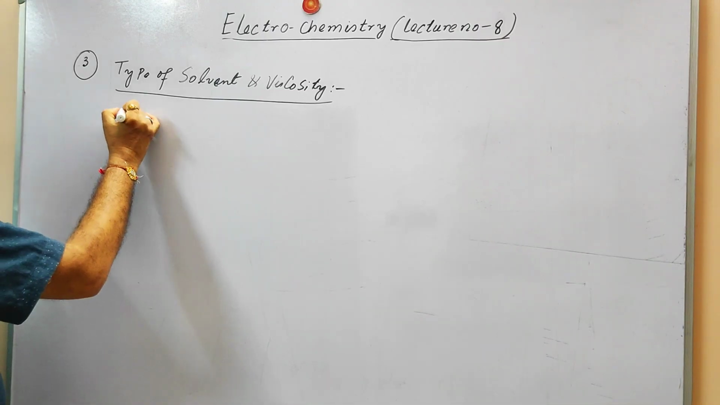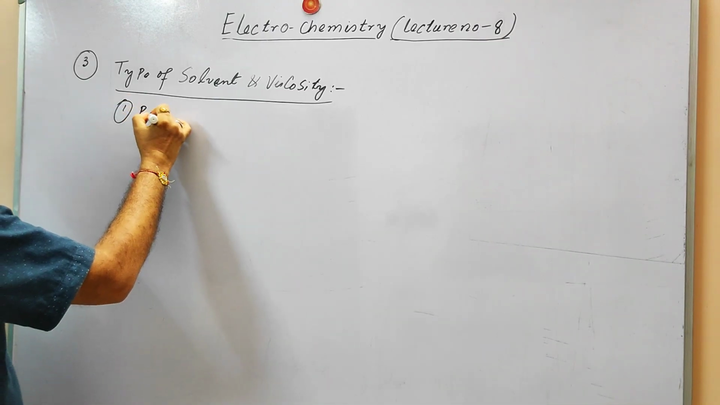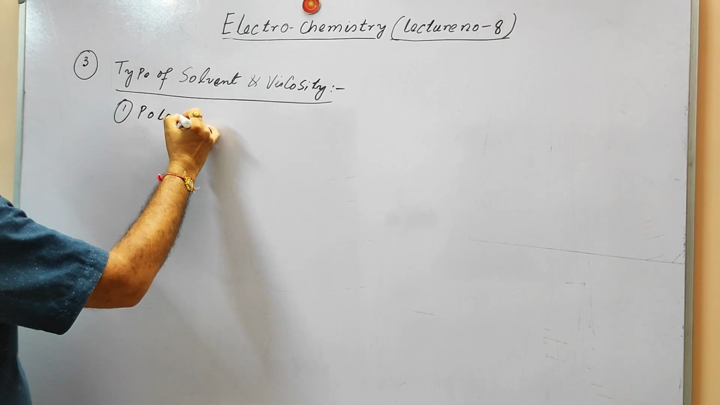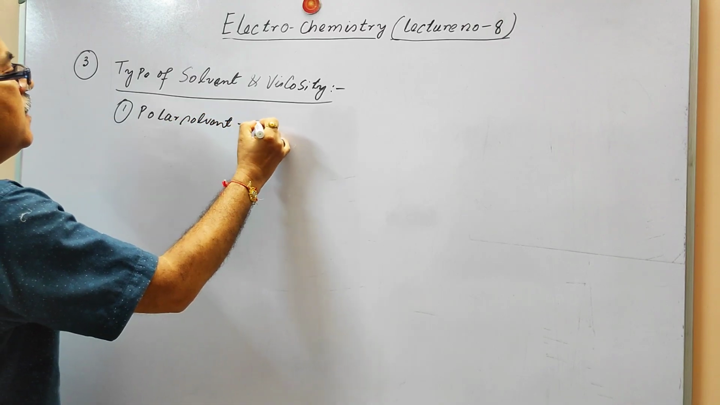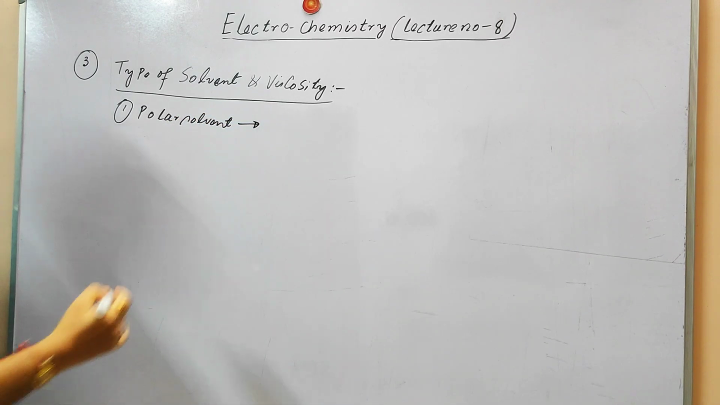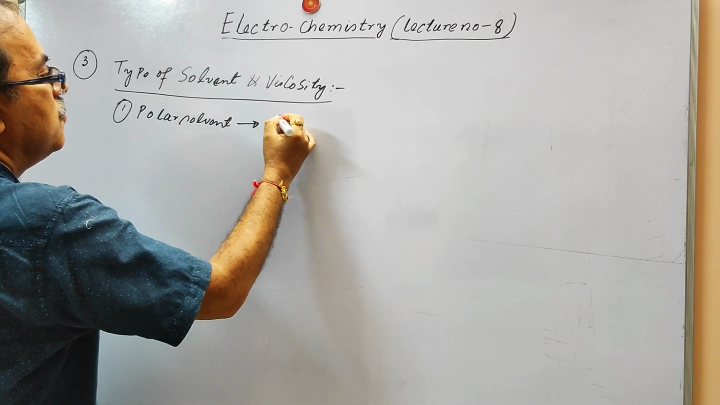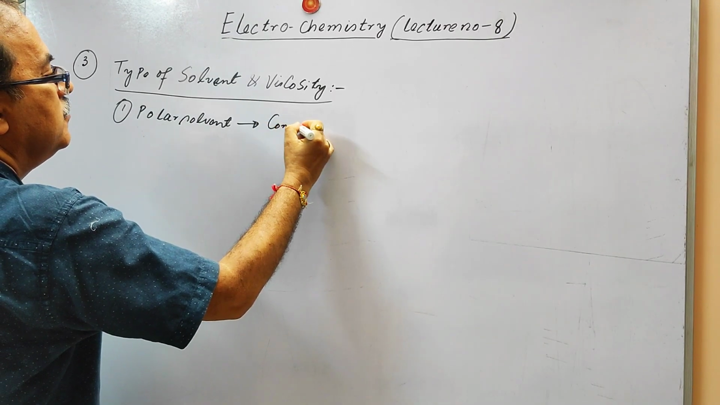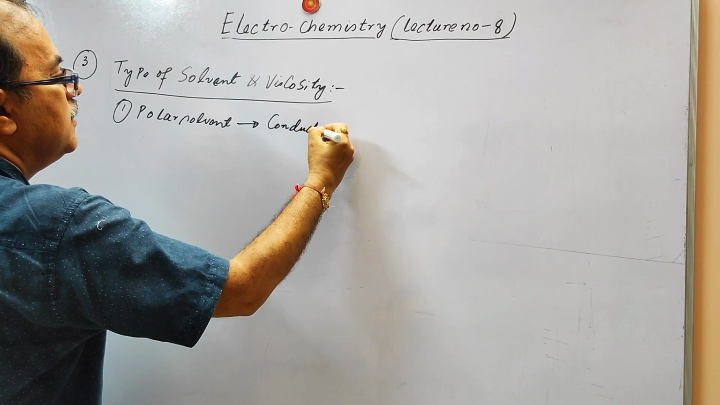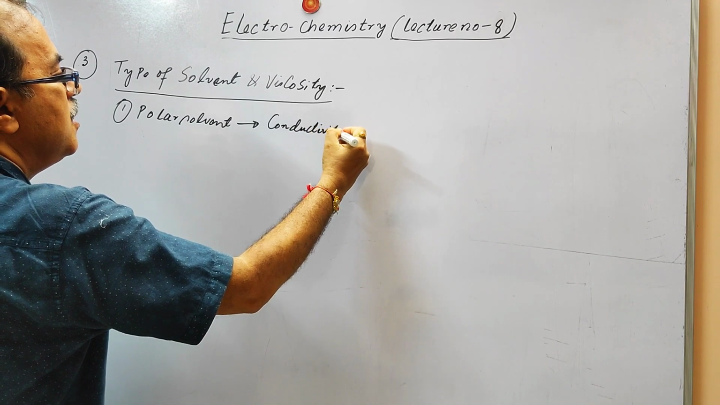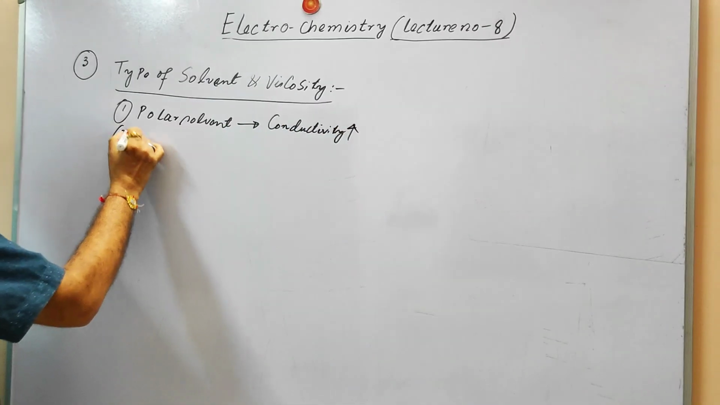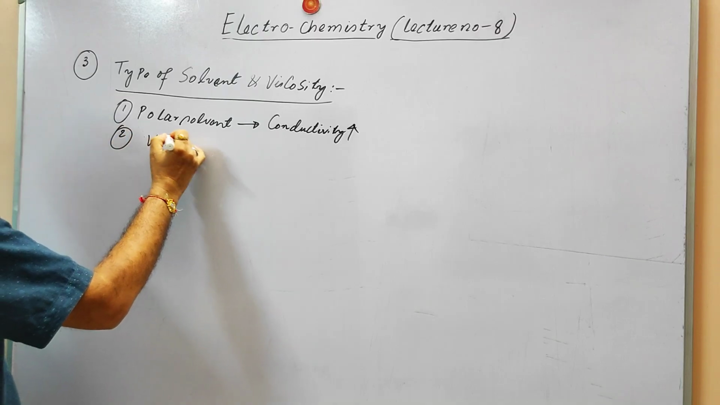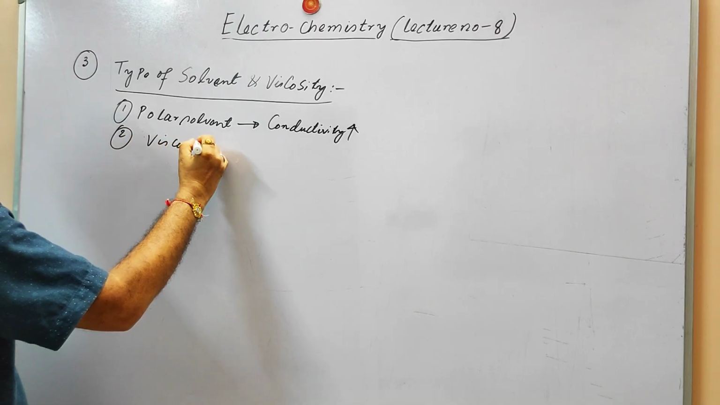How? If the solvent is a polar solvent, at that time ionization will be higher. So at that time conductivity will be higher. And if the viscosity is higher,